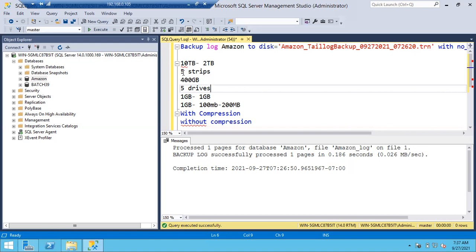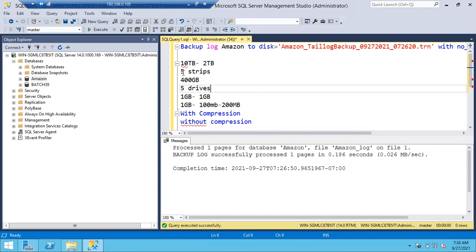If one piece is missing, how can you restore the remaining 4 pieces? It's not possible. You cannot restore even if one stripe is missing or corrupted. So make sure to take the backups properly and validate the backups after taking the full backup so that the backups will be usable.